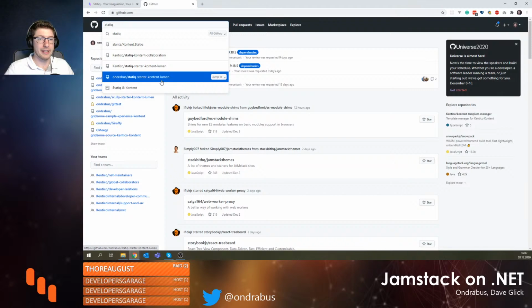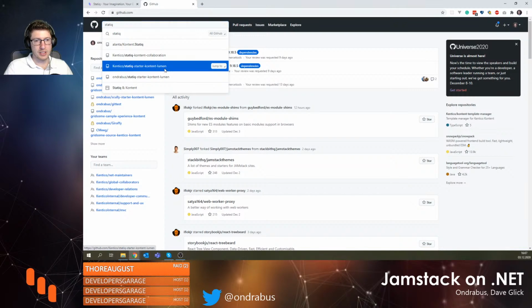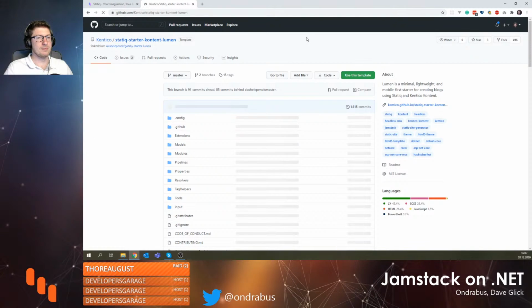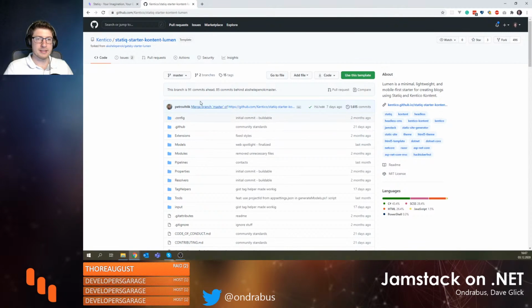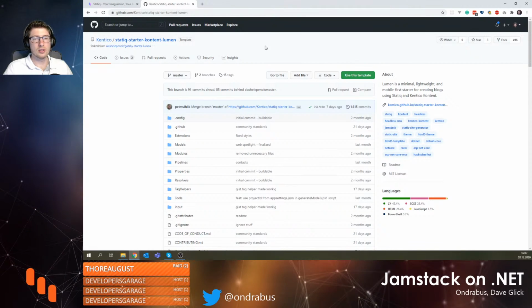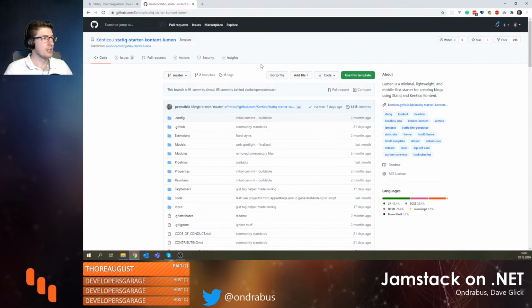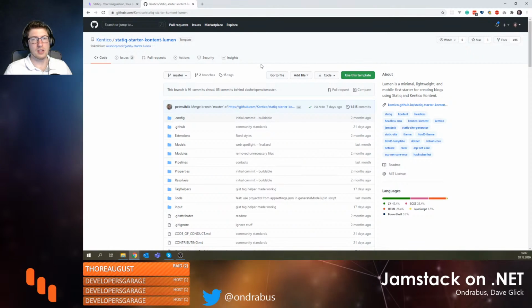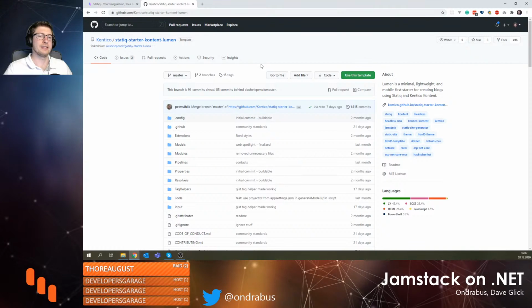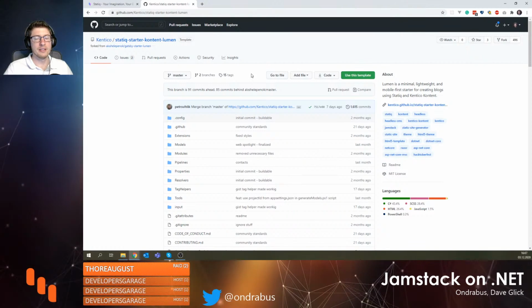Now this one is mine. This one is currently private. I created that repository only to let a colleague of mine help me with the issue we were experiencing last time. But this is the project that contains the Statiq starter content lumen template. So it wouldn't make sense for me to keep working on the starter for content if one already exists here. So when I was thinking what could be the best thing to add to that,